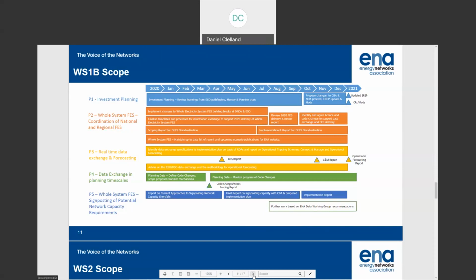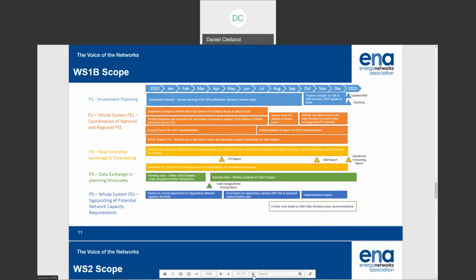So we've got a mix of implementation through system or process change and good practice across network companies, and the formalization of that change into licenses and codes through change requests and modification proposals. So you'll see in our slides and in the PID, we do identify where we're seeking to raise modification proposals out of our development work.